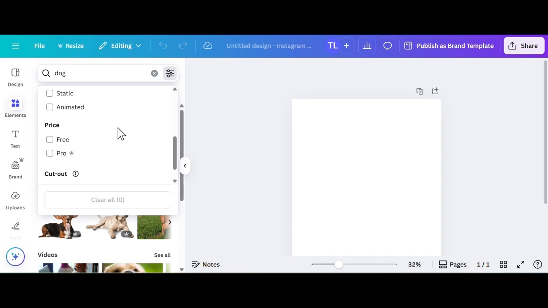So I got really excited when I saw this, but I believe that you can only use this free versus pro filter if you have a Canva Pro account, which is kind of useless because we already have access to all of the Canva Pro elements. So I'm not really sure why only Canva Pro accounts can use this. If I'm wrong, please let me know. But yeah, I believe you can only use this filter if you have Canva Pro. But anyway,